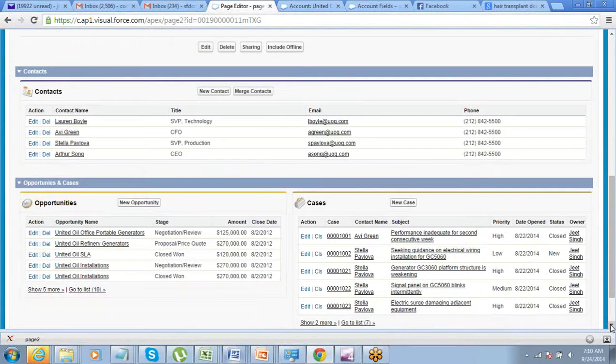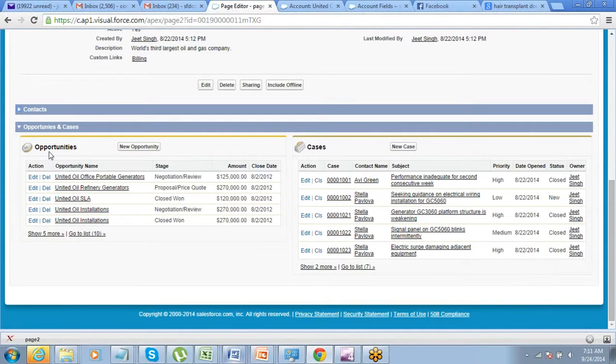So see, one section I just had one column and that is all contacts. In this one I have tried to show you an example where you can use two columns, right? So you can, if you want, use two columns also if you want to display two lists or two components parallelly, right? So the first component that you use goes into the first column, the second component goes into the second column. So inside this page block section, I have a related list of opportunities. It comes to the first column, then it goes to the second column.